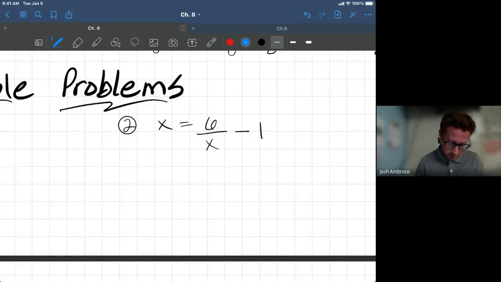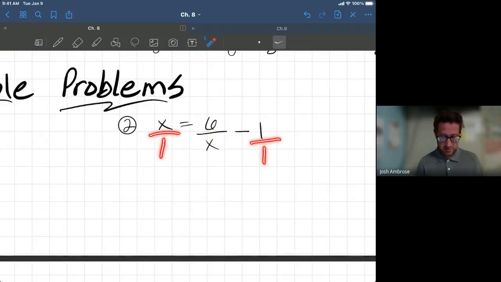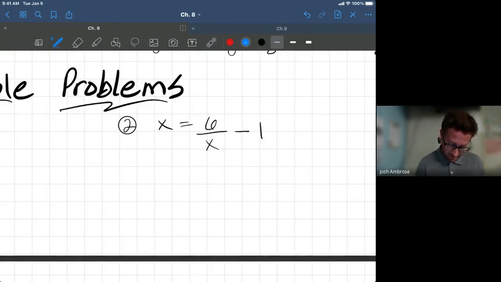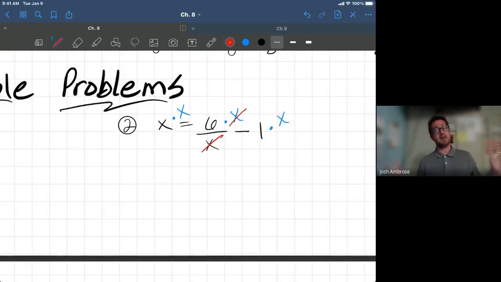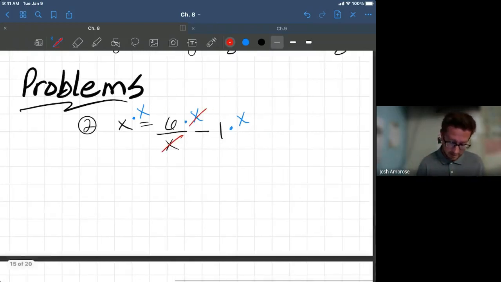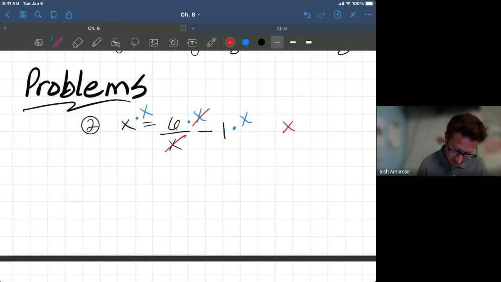So what you will notice here is we really only have one denominator. It's just x. That means that this is just over a 1 and this is just over a 1. So we're going to multiply everything in this problem by just x. Okay, so times x, times x, times x. And this is the only one where they will cross out. Everything else has to get combined together. So that means you're really looking at now x squared equals